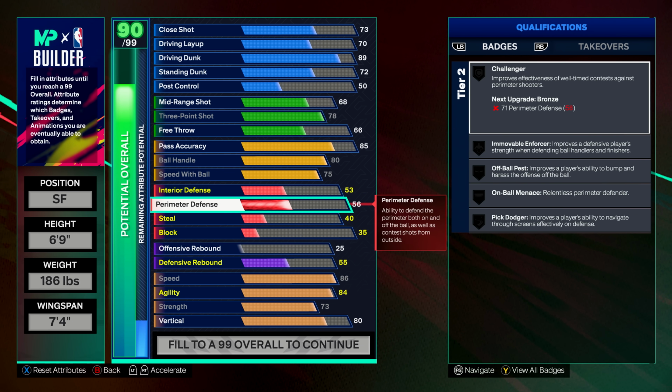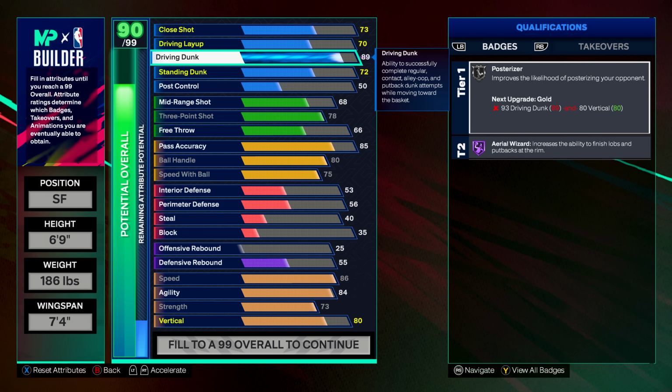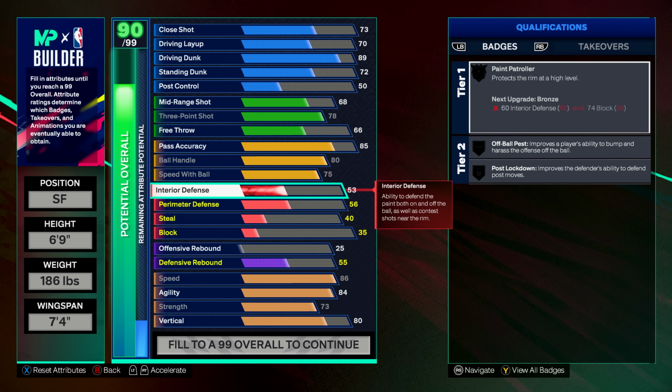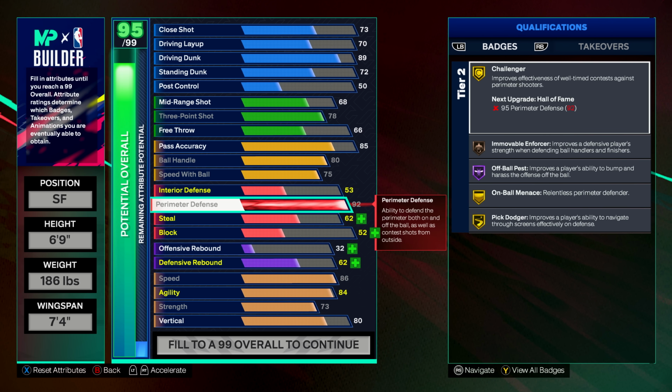For the defense, now, this is with cap breakers in mind. All of my cap breakers are going into defense for the first set of cap breakers on this build. Second set of cap breakers will go to driving dunk to get it up to 93 for the gold posterizer, but right now all my stuff is going to go into defense. So we're going with an 87 perimeter defense. We're going to eventually cap break that up to a 92, get all of these badges on gold,